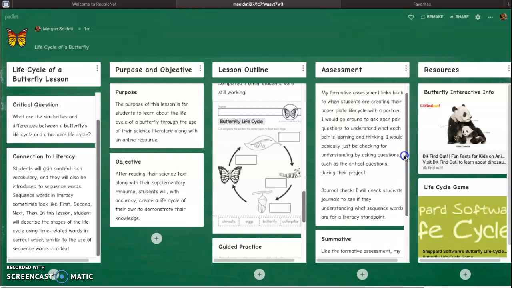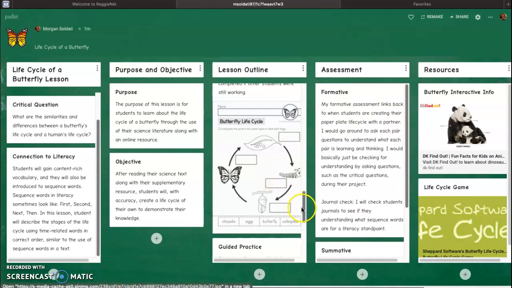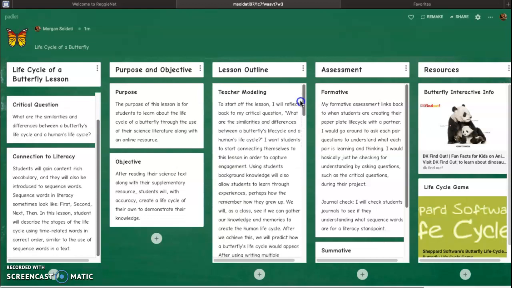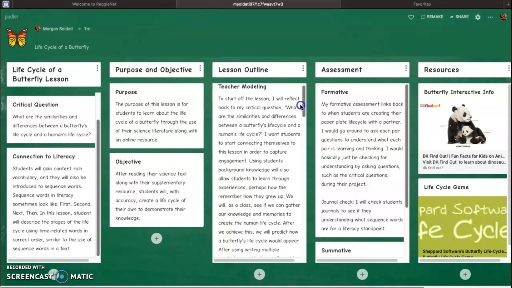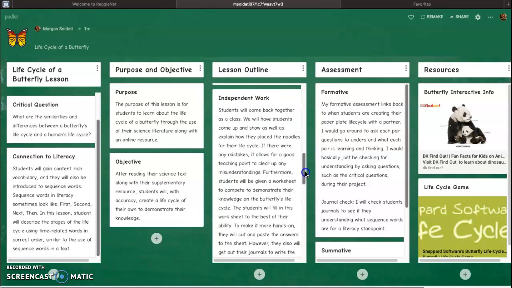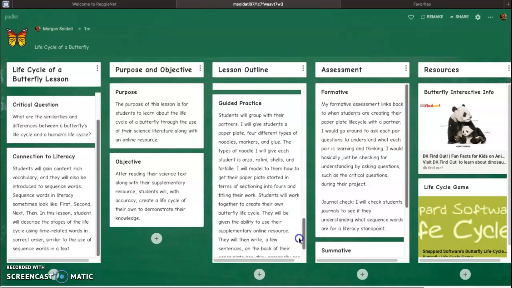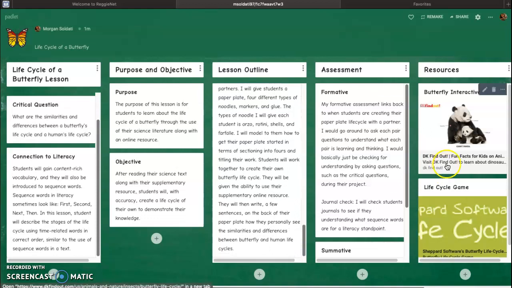I talk about my resources. So my, gotta find it. Sorry guys, bear with me. So the interactive resource they can use is